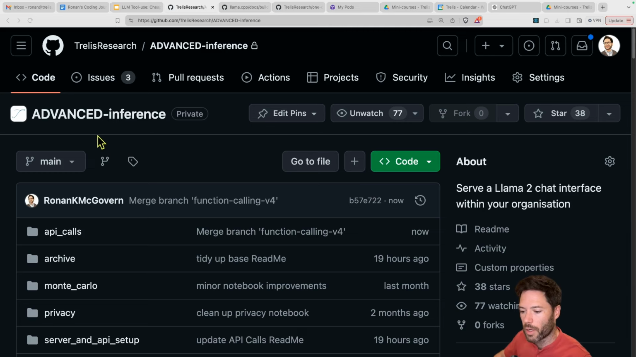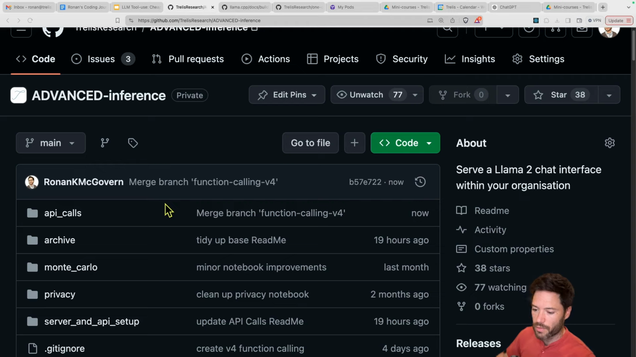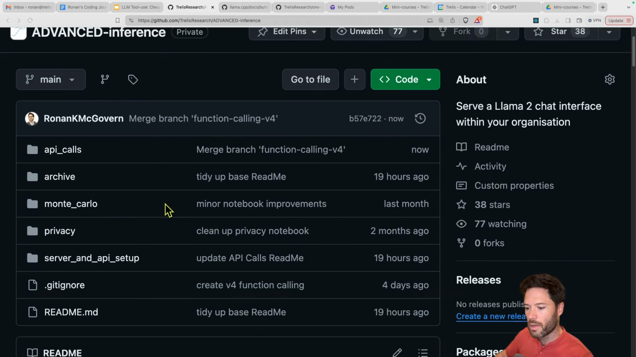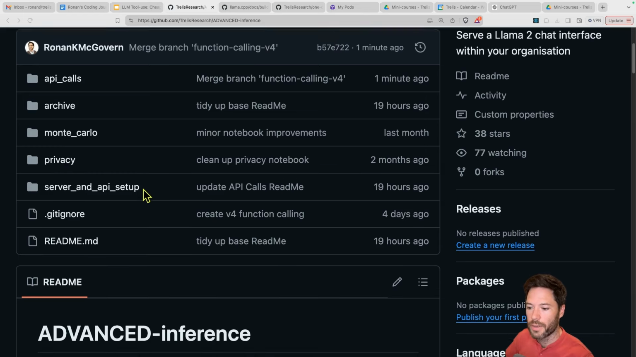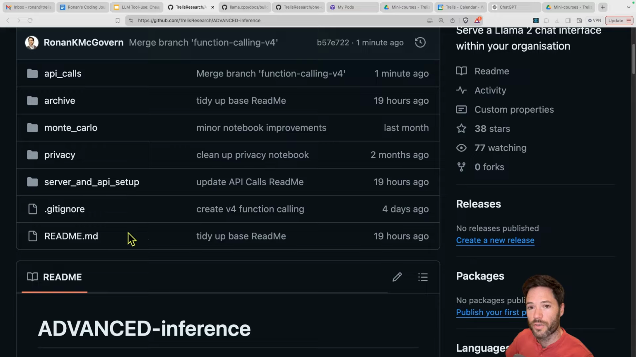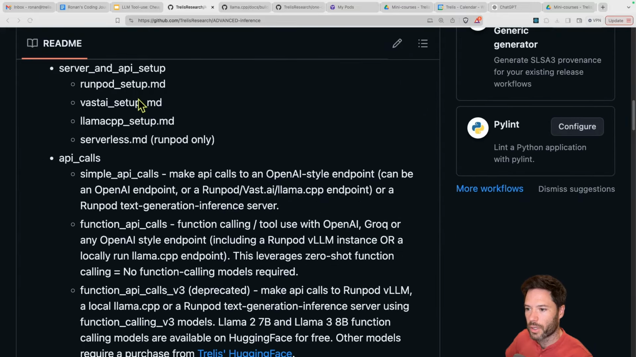And this repo, by the way, contains many of the scripts from past videos you also might be interested in. It contains, for example, Monte Carlo methods of improving the answers during LLM generation. It includes the privacy video where we redact sensitive information before sending it to LLMs like OpenAI. It includes a section on server and API setup. Let me just scroll down on that for setting up Runpod, VastAI, Llama.cpp, that's on your laptop, or even serverless